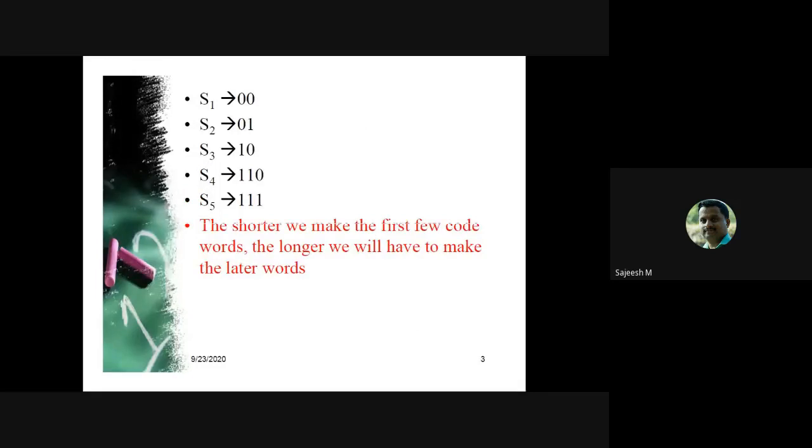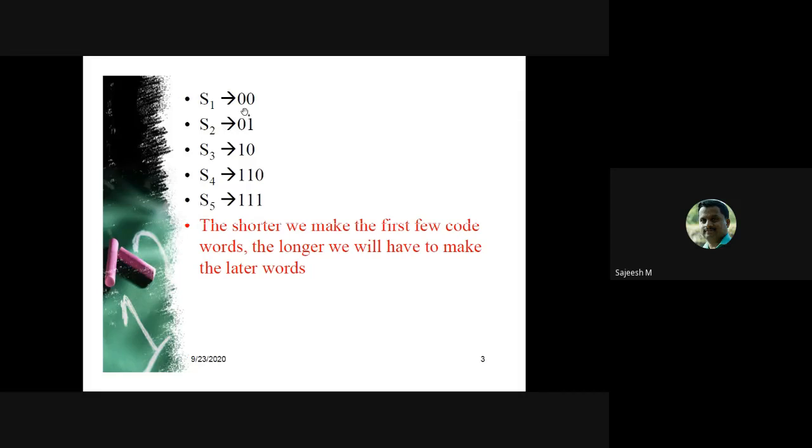Then another set of code words for the same source alphabet, and we are generating a binary code. That is, the code alphabet consists of 0 and 1.